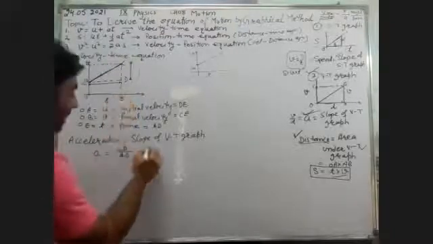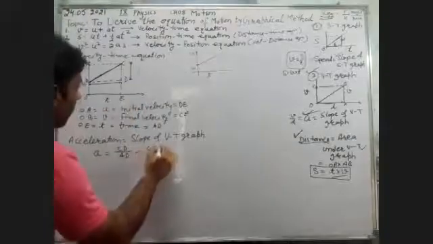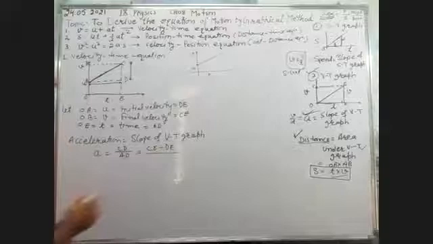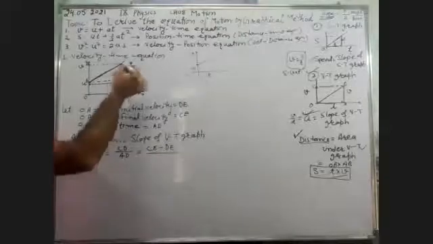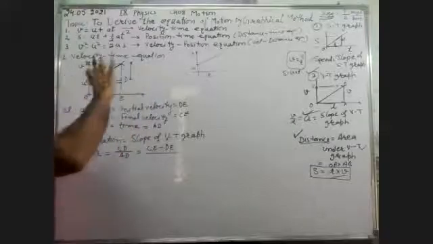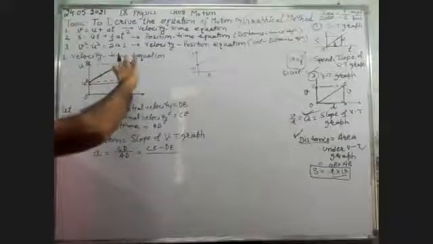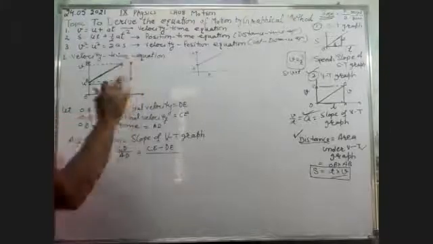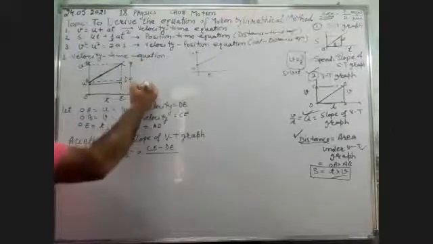CD is nothing but CE minus DE. Again, look carefully, beta. I have to calculate this CD. The total value is CE. When I subtract this DE from this CE,